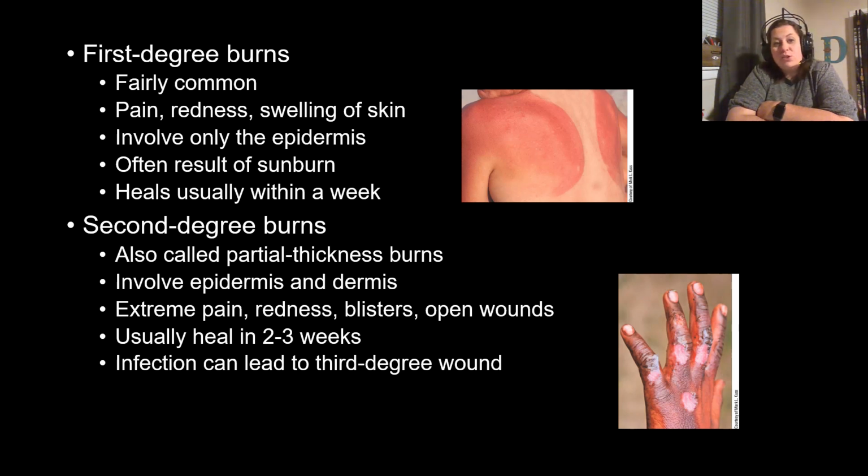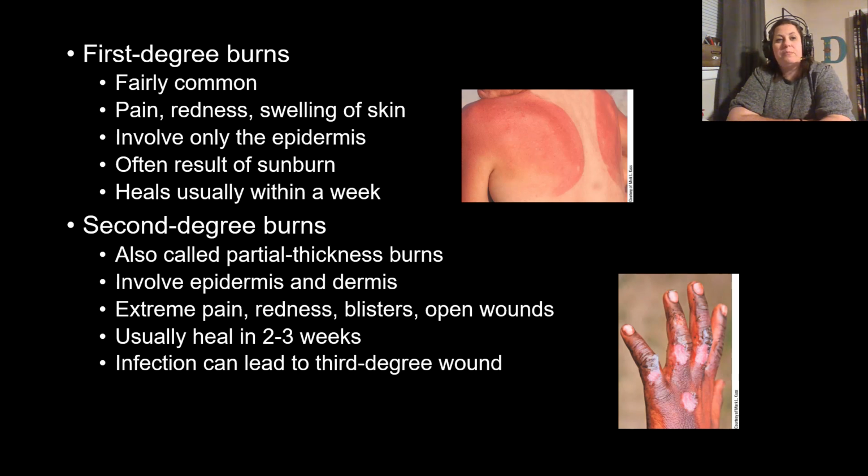Second degree burns are also called partial thickness burns. These involve the epidermis and the dermis. These tend to also be very painful, even more so than a first degree burn. They'll have redness, but the main thing that distinguishes them from a first degree burn is the presence of blisters. If a blister is present, even if you call them water blisters after a really bad sunburn, that's a second degree burn. When these blisters rupture, we then have open wounds. This usually takes longer to heal, about 2 to 3 weeks. Infection can be a big issue,